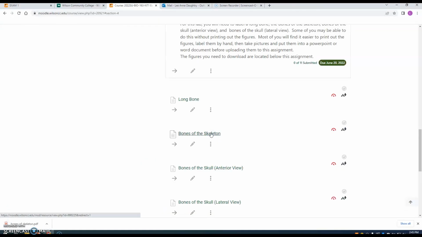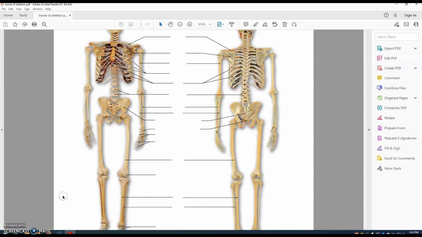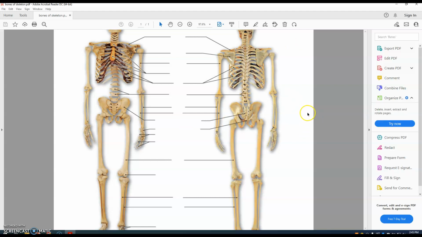Bones of the skeleton is the same way. Again, print it out and you'll be able to see the whole thing. Like for example, this is the clavicle. So you'll put clavicle here in the middle because it's pointing to the clavicle on the anterior view of the skeleton, and also on the skeleton turned around facing backwards, which is the posterior view. And then you have the scapula, which is next, the humerus bone, which is next. And so you're going to go through and you'll find this exact figure somewhere in chapter 6 in the e-text. Look it up and then just copy these terms.